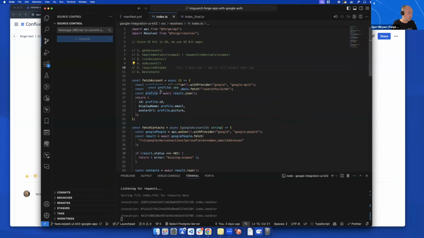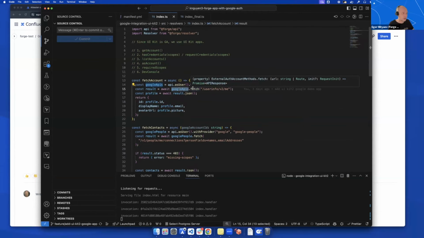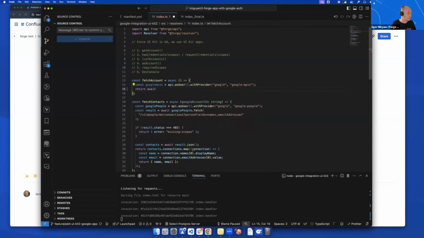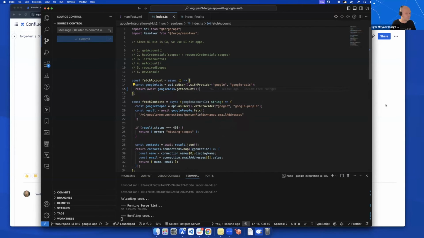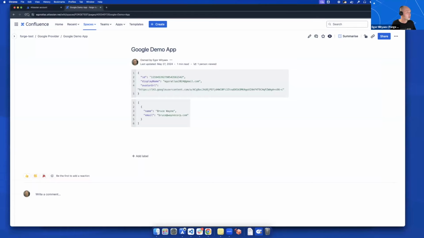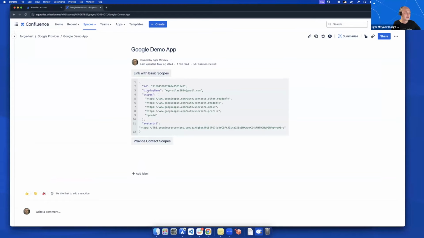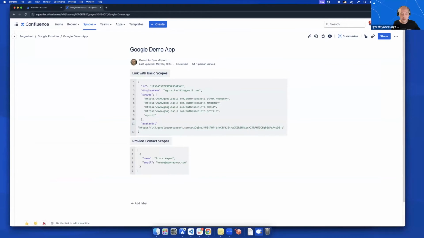So basically what I'm going to do, instead of calling Google, is just access the data available locally. I will do something like this. I have my tunnel running. I'll save my change. Cool. And if I refresh my app, you'll see that we can pretty much get the same data we could before, which includes ID, display name, and